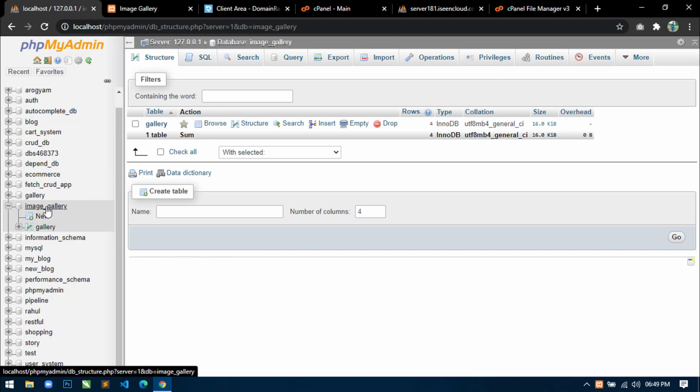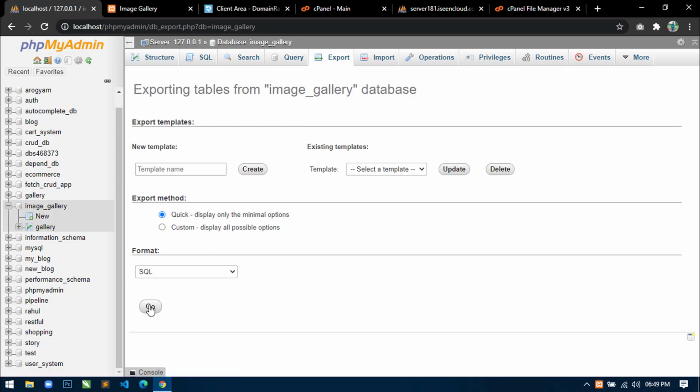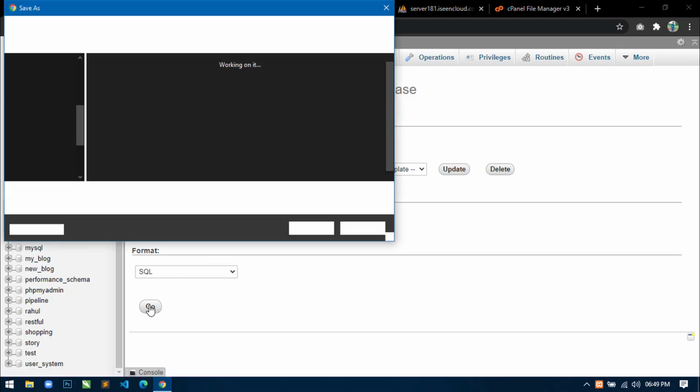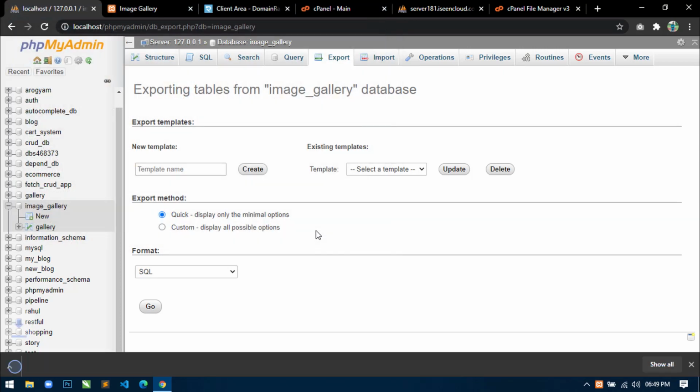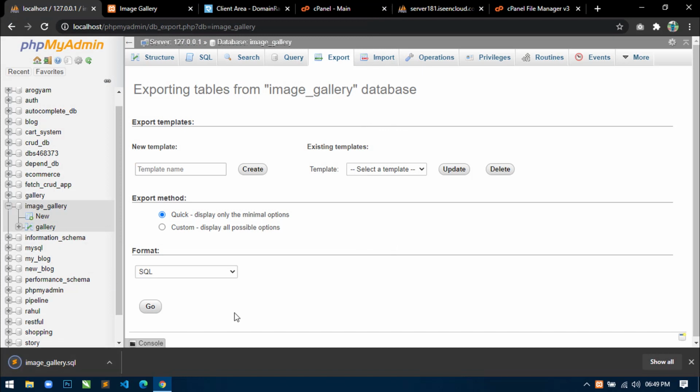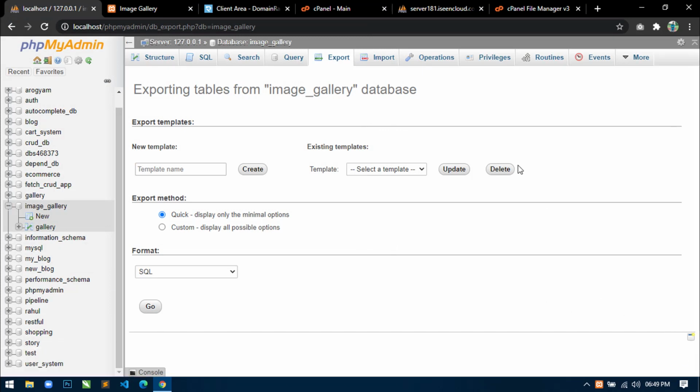Click on this database name and click on export and click on go. Now I will export in desktop. So this is the file name. Now click on save. So you can see the localhost database is now exported.